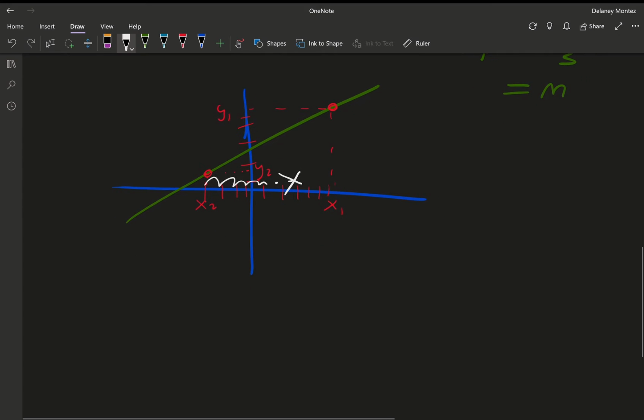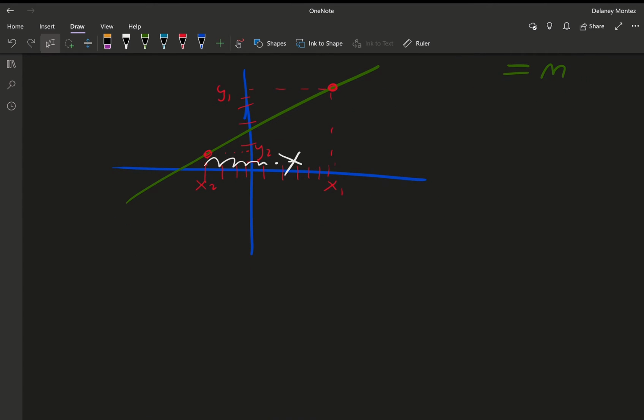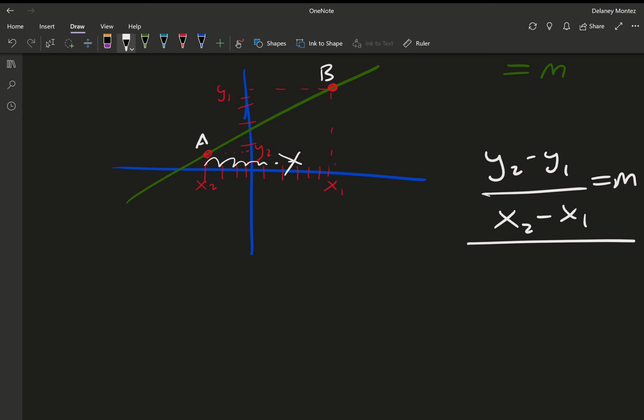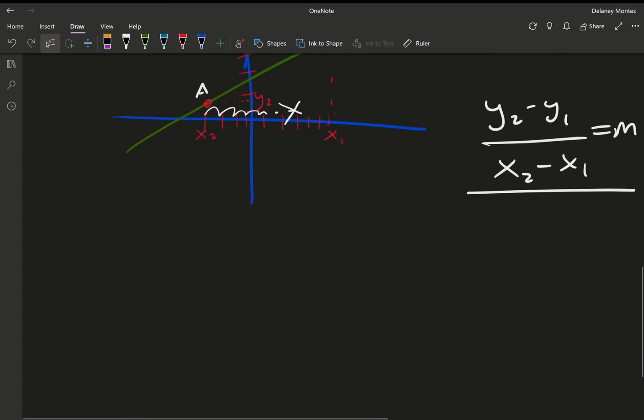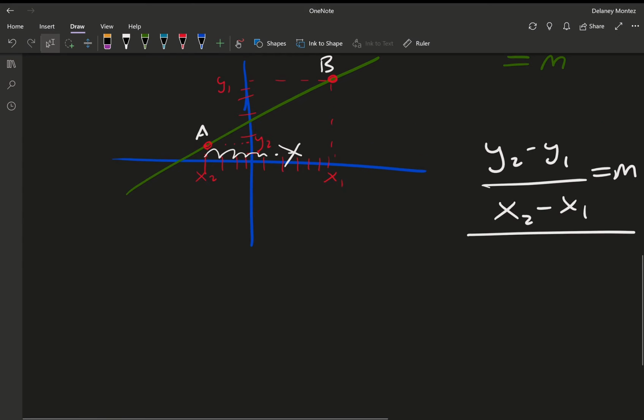So what you can do is get rise over run given 2 points on the line. They have to be on the line, like this point is A and this point is B. You can do y2 minus y1 over x2 minus x1, and that would be the same thing as your slope. That's m. Now we can ask ourselves, why can I do that? So this is my y2. This point here is our y2, and this point here is your y1, because if you look at this distance here,